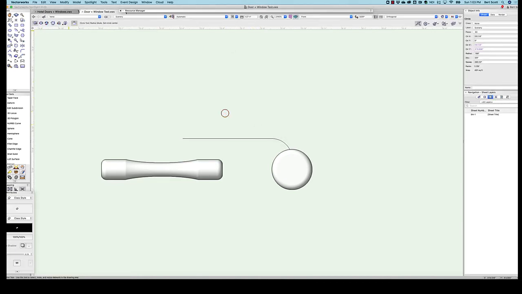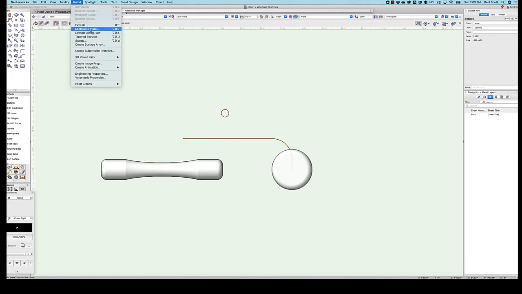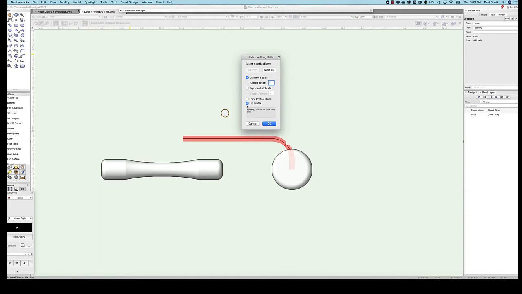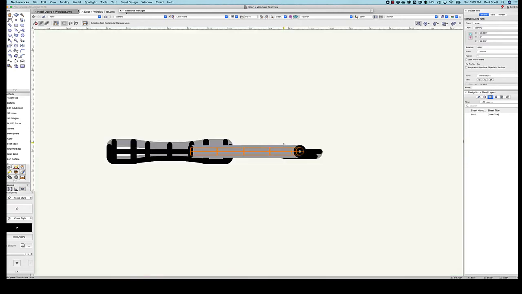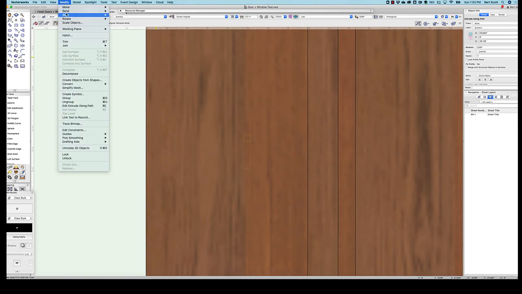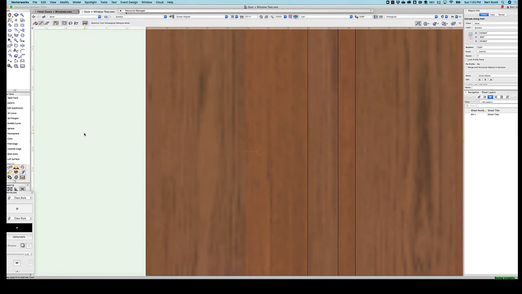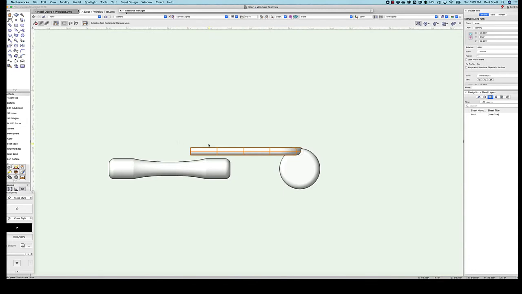Okay. We'll extrude this along path. Extrude along path. Make sure that's the path. We're not fixing the profile. There we go. Okay, then we'll go to top. Actually, first we'll go left. Modify, rotate right. I know you can't see what's happening, but I just turned that right. So that now if I go to the top,